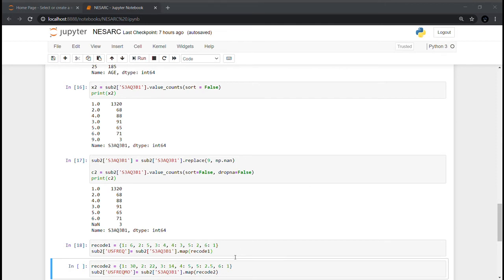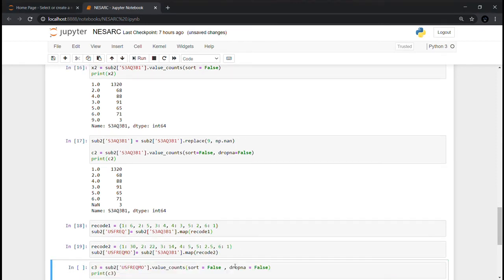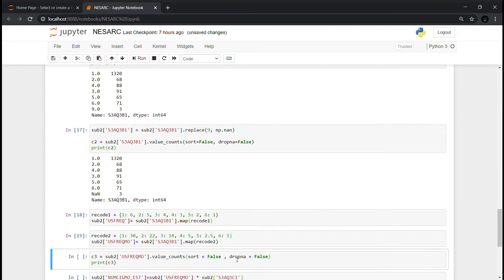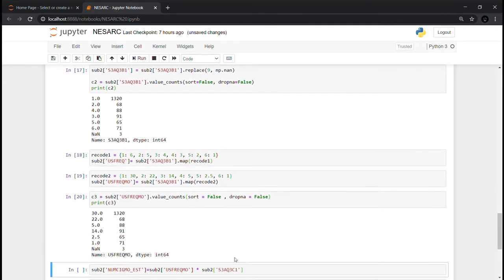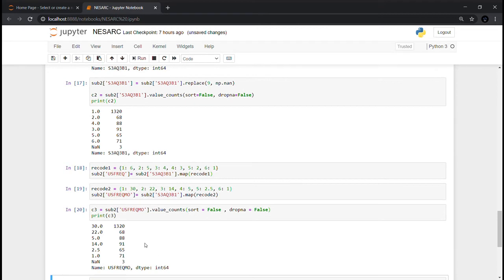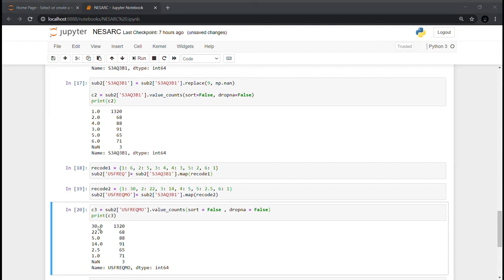So we just run the program, and if you look at the frequency distribution of this new variable US freak mo, then here we can see that it is the same as for the variable S3AQ3B1, just the dummy codes are different and more reasonable dummy codes are there.